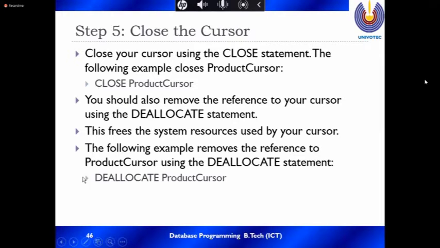The command deallocate can be in small or capital letters, but the object name, product cursor, is case sensitive.